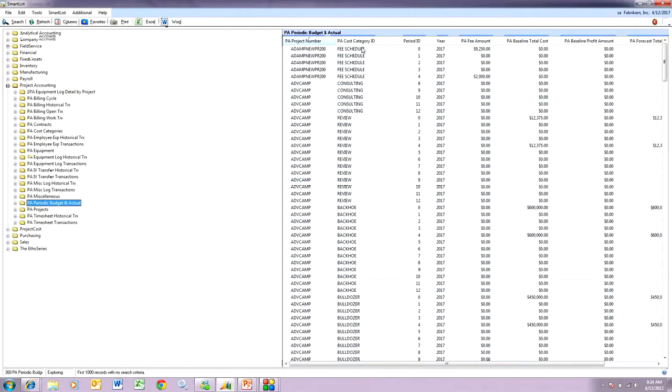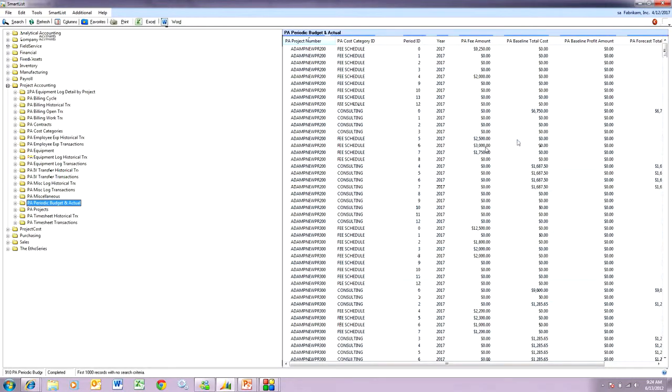Here's the total smart list. I'm pulling the project number, the cost category, and then information about that particular project and cost category. And the reason I chose this table is because it has the information that I want, but it also has the period IDs and the years, because I'm going to use that to create a spread of these costs and these fees over a period of time. So let's take a look at that. So I did that,